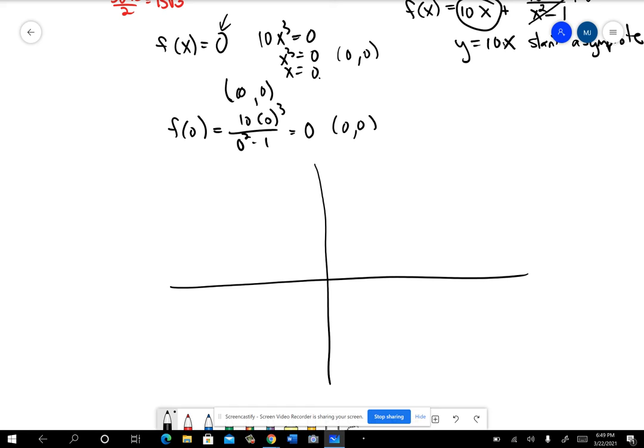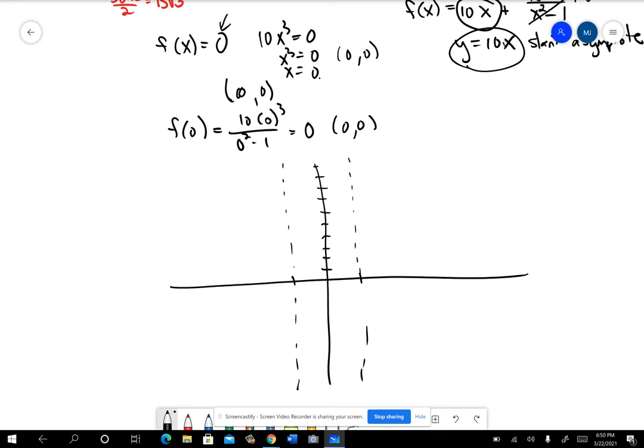All right, so over here at 1, we have a vertical asymptote. Over here at -1, we have a vertical asymptote. Okay, we have y equals 10x as a slant asymptote. Now what that means is